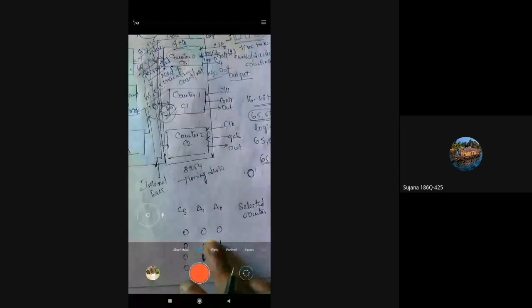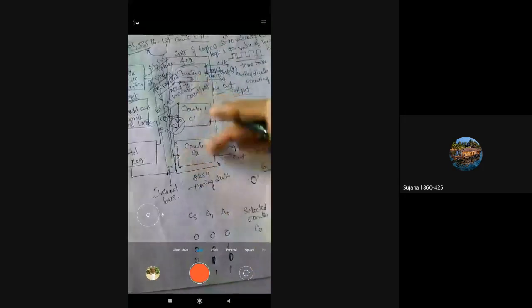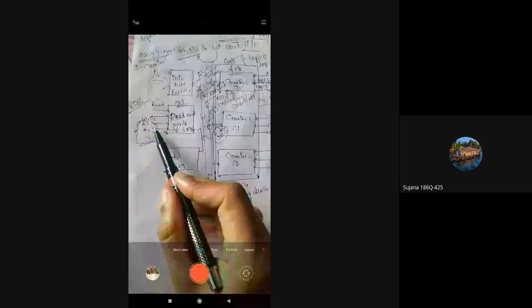Here A0 and A1 are the logic inputs to the read and write control logic. If both are 0, then counter 0 is selected, the first counter. Next, if A1 reads 1 and A0 reads 0, then counter 1 is selected.